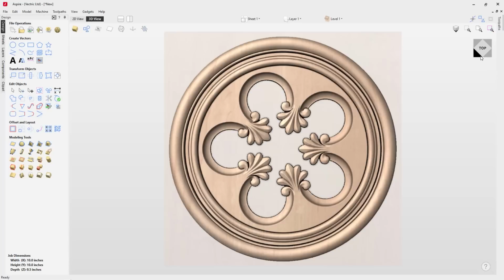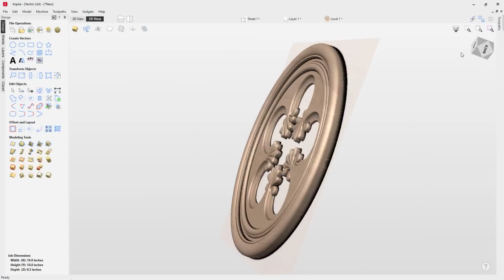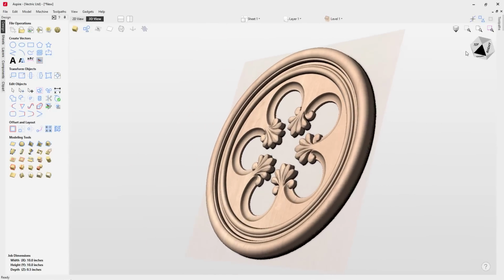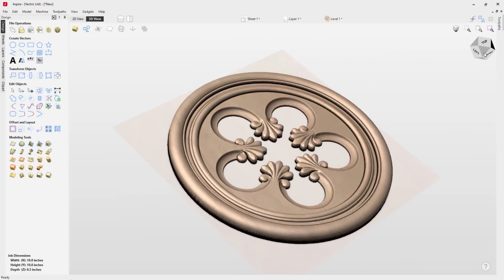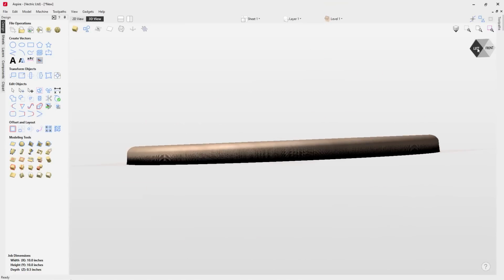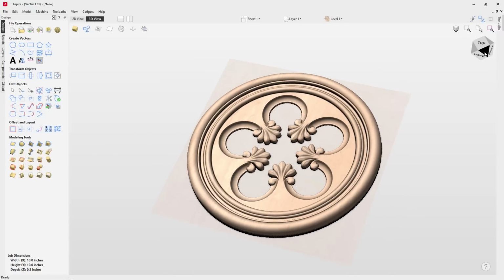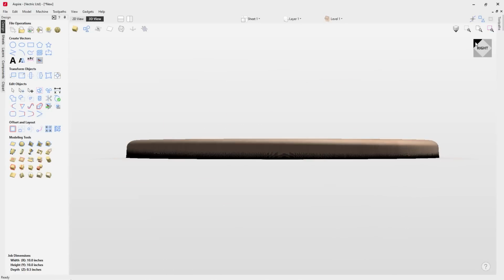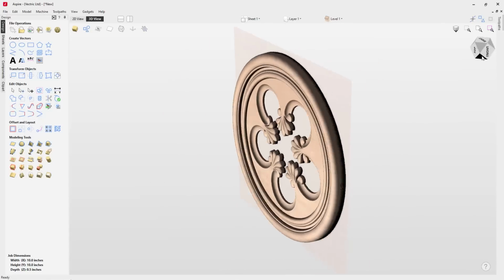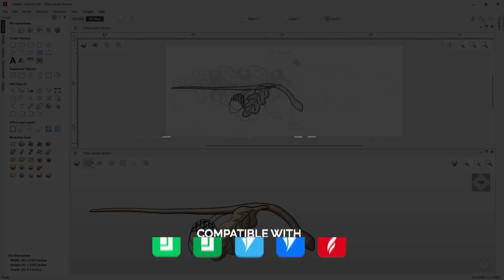The software now has a brand new 3D view control. The view control is an interactive shape which allows you to quickly manipulate your 3D view, making it even easier to view along particular axes and angles. You can click on any of the faces to adjust the orientation of your job in the 3D space, or you can simply drag the control itself to dynamically change how you want your job to be orientated within your view.